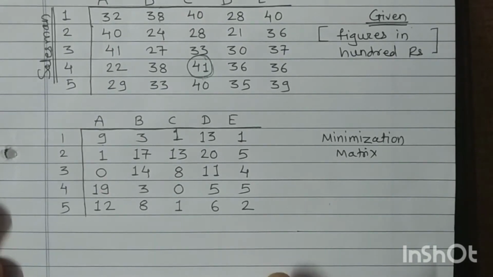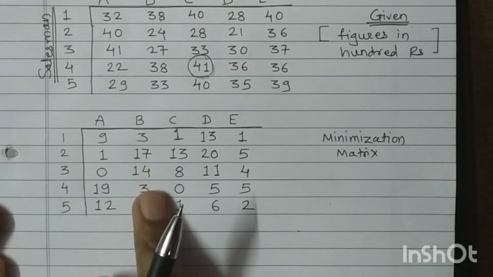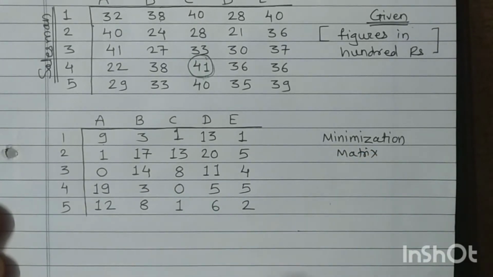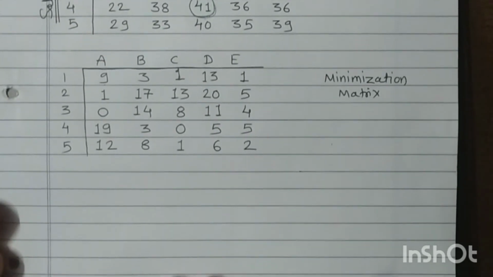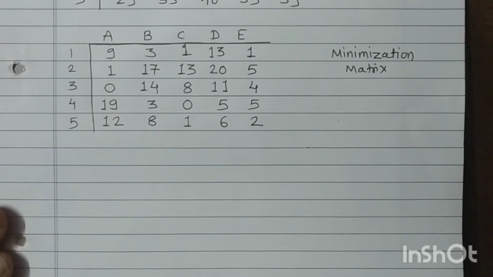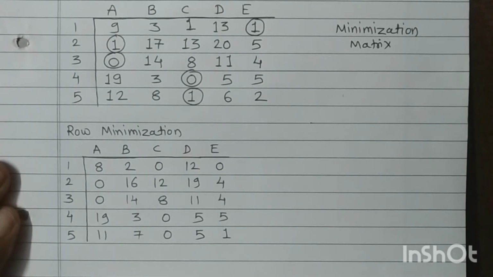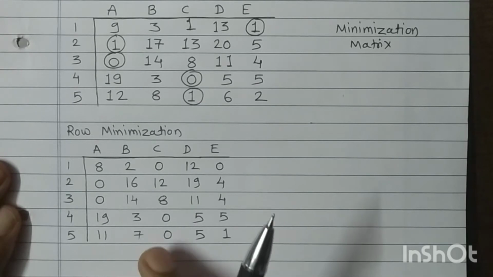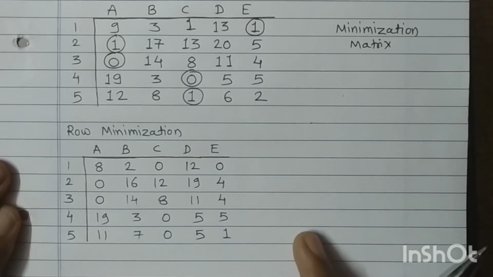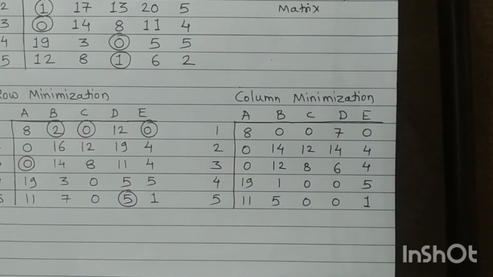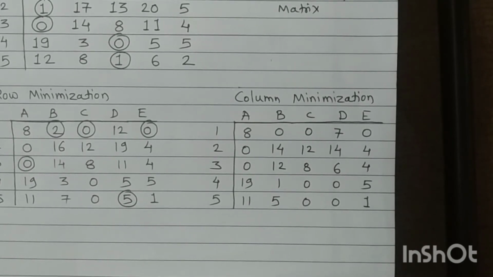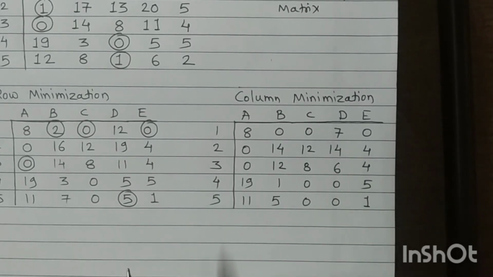Now as we have converted the maximization problem into a minimization matrix, you know the next step, that is row minimization followed by column minimization. So start doing along with me and check your answers. After row minimization, your matrix will look like this. Now after this step, start with column minimization. You can pause the video in between and check the figures. After column minimization, your matrix will look like this. So what is the next step?